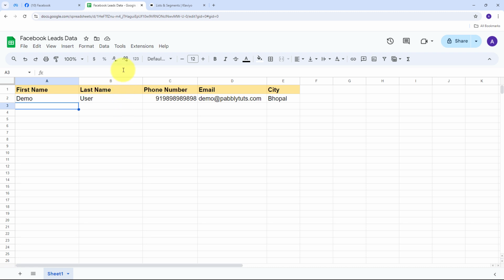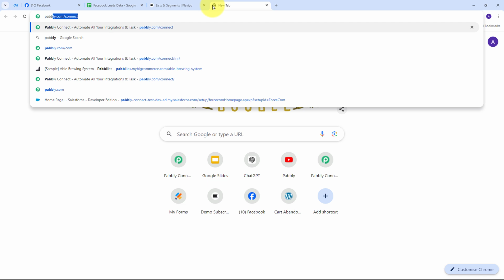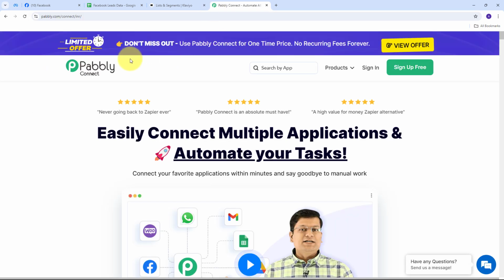So for using Pabbly Connect, I need to open a new tab and search for pabbly.com/connect in my browser. And this will take us to this landing page of Pabbly Connect. Now here in this landing page, I have two options, sign in and sign up for free. If we don't have any account with Pabbly Connect, then we can just click on this sign up for free button, and this will take only 2 minutes of our time and we will get 100 tasks free every month. Or if we already have an account, we can just click on sign in